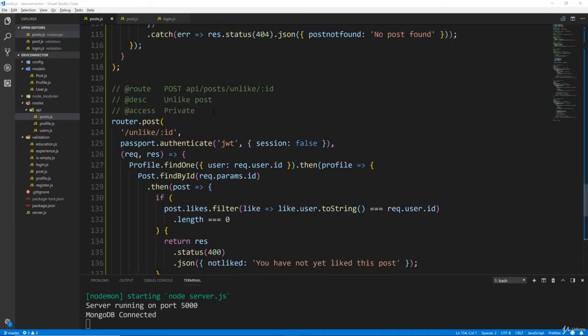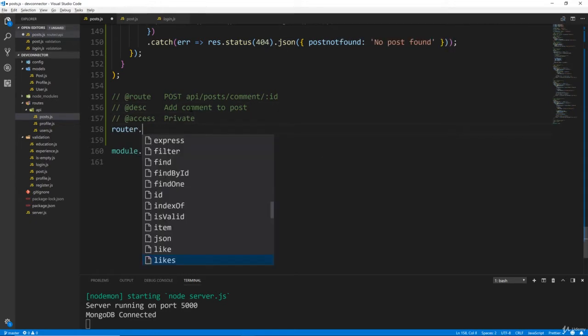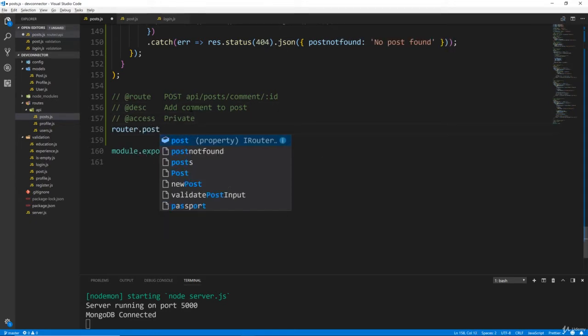So we're going to grab this header here and go down to the bottom, and this is going to be API/post/comment/:ID, and the colon ID is the post ID, okay, because we need to know which post we're going to add a comment to. Say add comment to post, and it's going to be a private route. So let's say router.post, URL will be